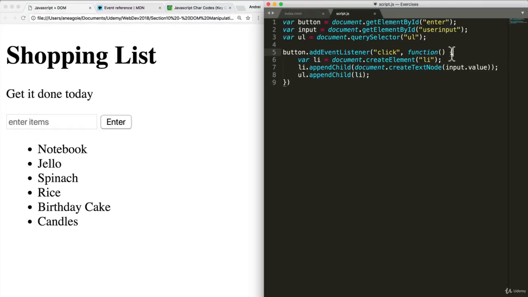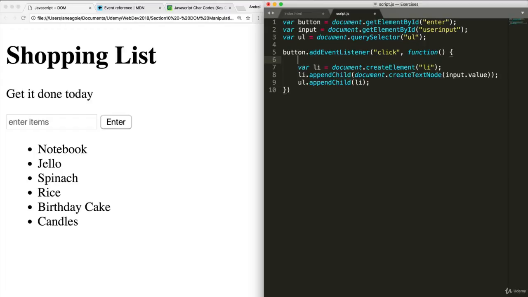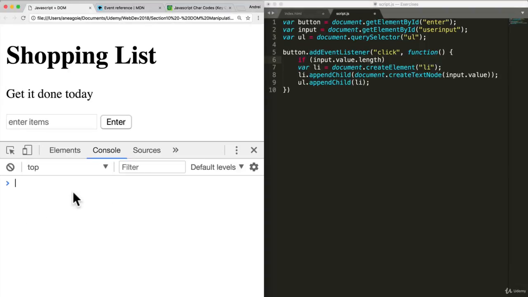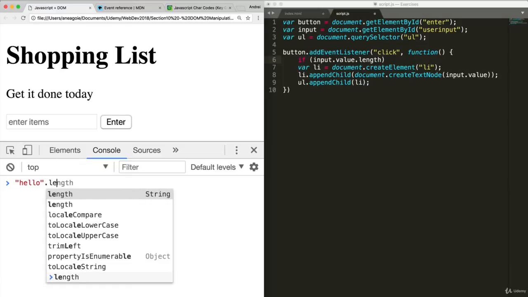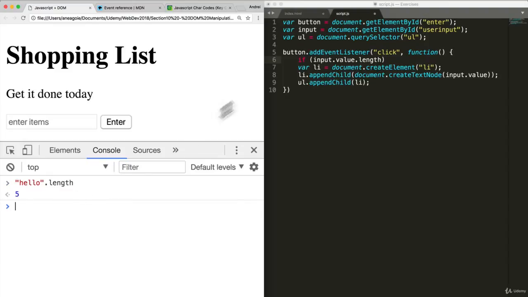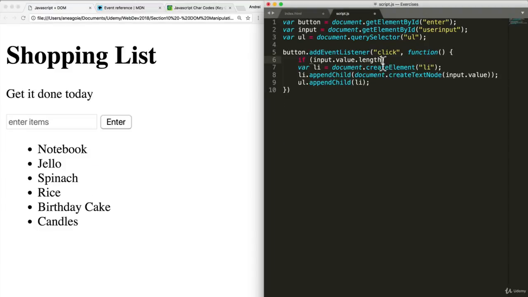The way we do that, well, it sounds like a conditional statement might be useful here. We can do if input.value is, well, what can we do here to test? If you remember, we have the length property on strings. The length property tells us how many characters a string has. So we can do something along those lines to say if input.value.length is greater than 0, then